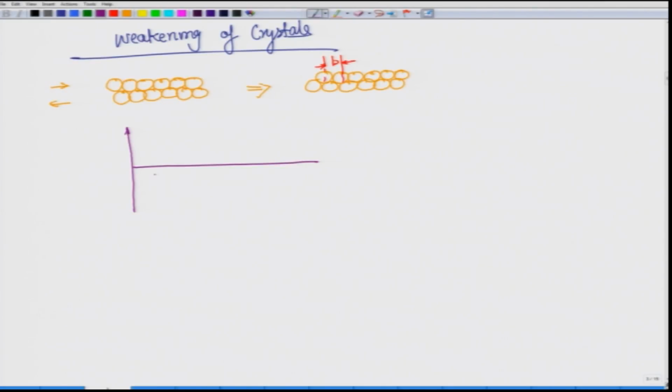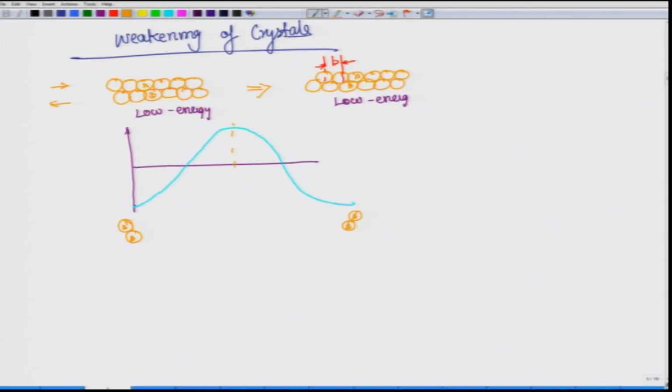Over here, if we look at the energy, then this is a low energy state and this is a low energy state, and in between these two there would be a high energy state. So, this energy plot, if we want to plot, it should look like so. Most likely this is representing when the atoms, so let us say we are talking about A and B, which becomes A and B over here. So, this is A, this is B, and over here this is A, this is B, and in between